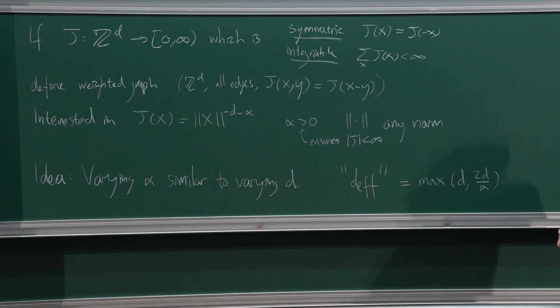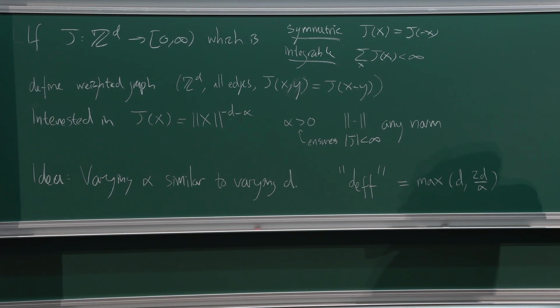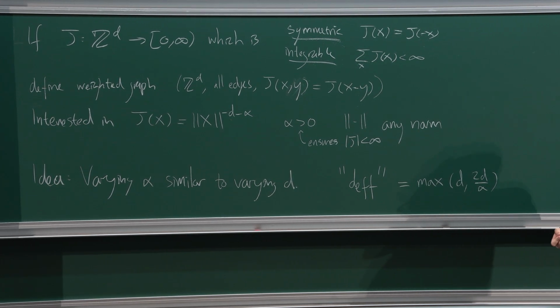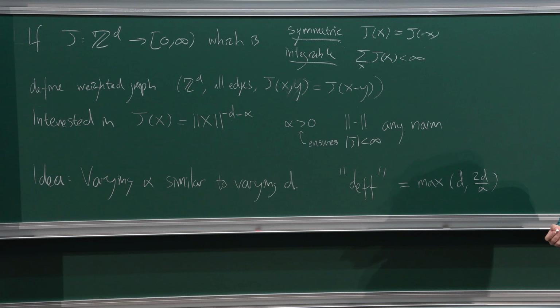It's not really the case that knowing the effective dimension tells you everything, particularly in the low dimensional regime. It's not like models with the same effective dimension have the same exponents. It does give us the correct answer for what happens in high dimensions. So we'll see that if the effective dimension is strictly larger than 6, then you do indeed get mean field behavior.